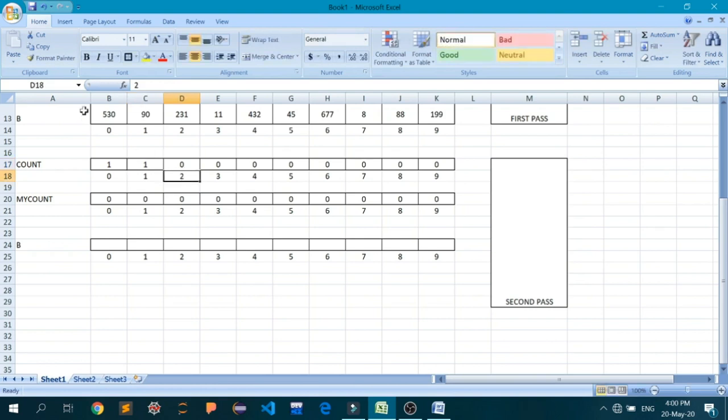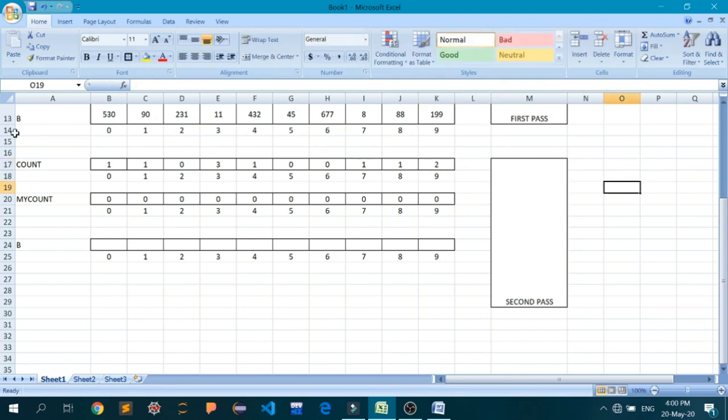And how many times has 2 occurred in this array at the 10s place? Nowhere, so I'll keep it as 0. Like 3, 1, 2, 3. So 3 times, so I will apply 3. In that way, 4 occurs 1 time, 7 has occurred 1 time, 8 has occurred 1 time, and 9 has occurred 2 times.